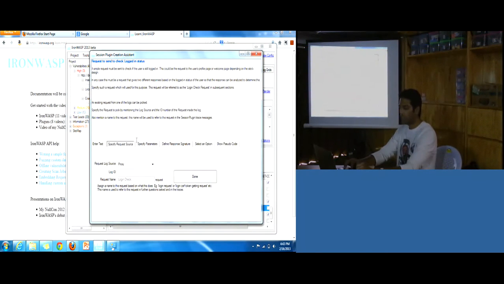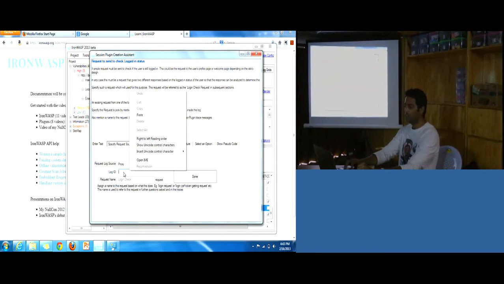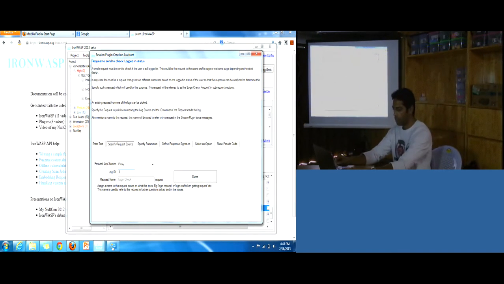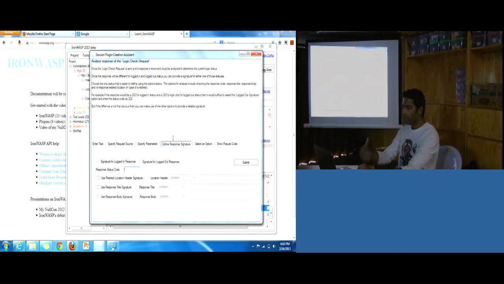That's what the tool is asking me: give me the request which I can send to detect if the user is logged in or logged out. So I'll say send this particular request to do the detection. Now it is asking what a logged in response looks like and what a logged out response looks like.